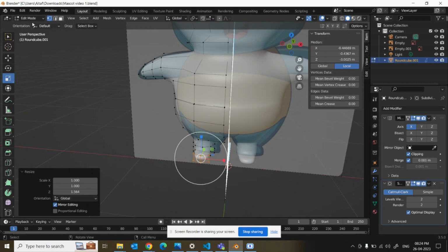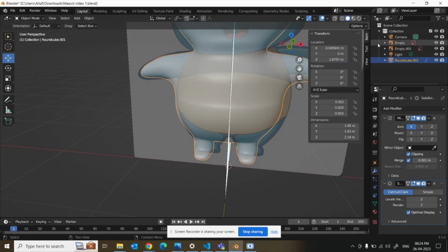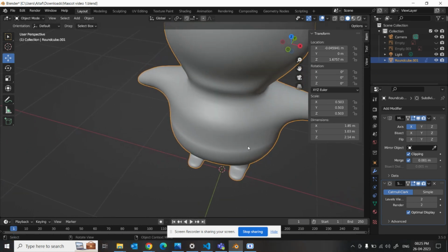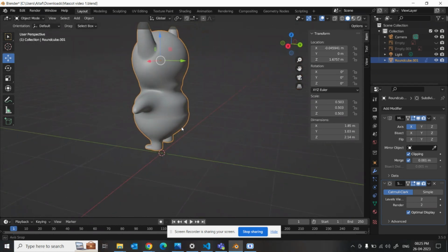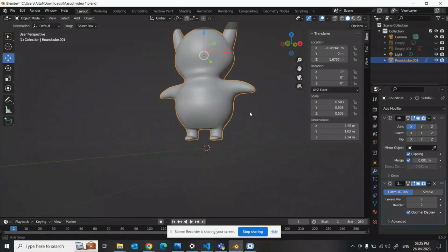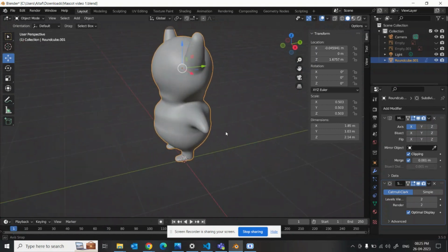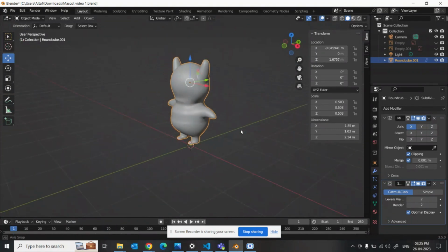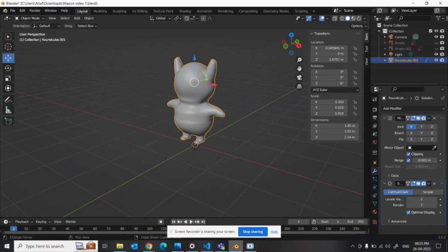Now if I go back to object mode, and if I remove my cameras, this empty images and this one images, I almost have one model ready with me. ठीक है? So this model is almost ready. Fine. So next time we are going to do the texturing part of this. So आपको save करके रखना पड़ेगा. Fine. चलो. Thank